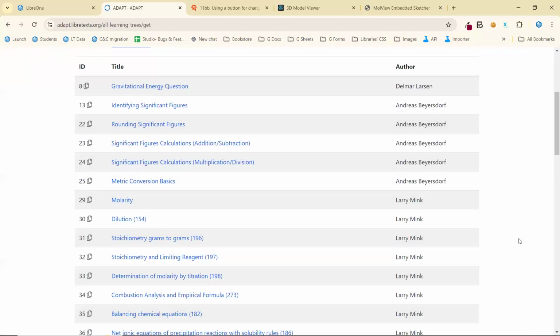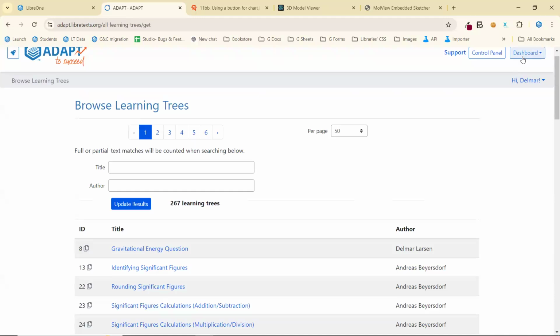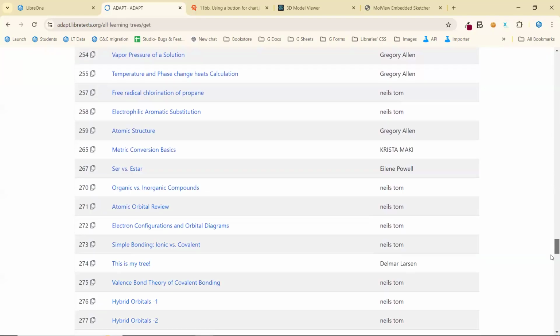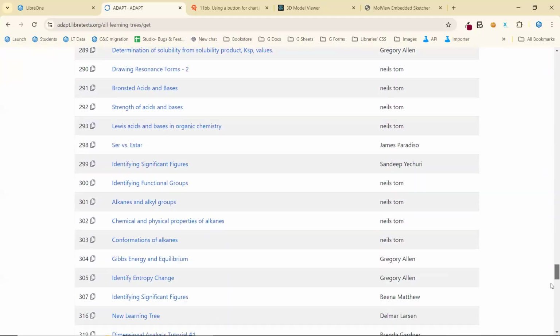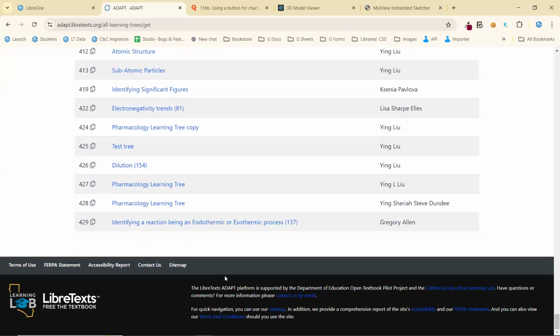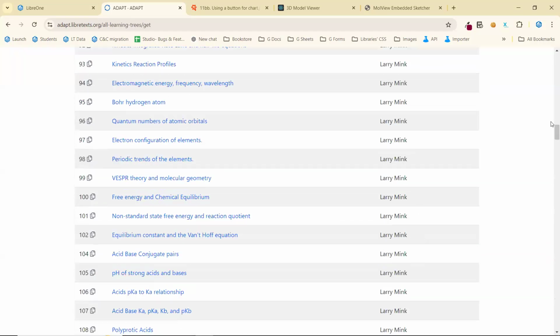We have about 250 to 300 learning trees that are available for people to peruse. Most of them are in general chemistry, although they're expanded into other fields or slowly expanded to other fields out there. And we're looking forward in order to continue this. Like, for example, looks like there's some Spanish involved here, and such. There's a bit more trees than I last took a look at. So we're very excited with what learning trees provide. And the more that we have constructed these learning trees, the easier it is for other people to capitalize on them and move them forward. Again, following the sharing is caring model associated with these things.